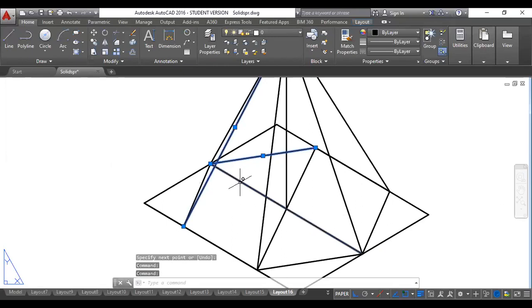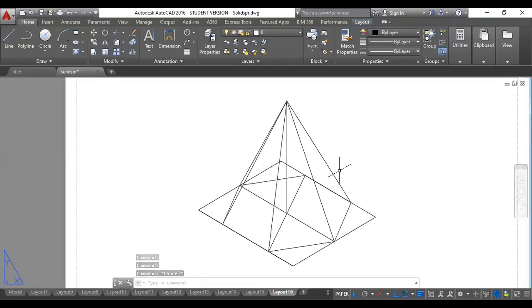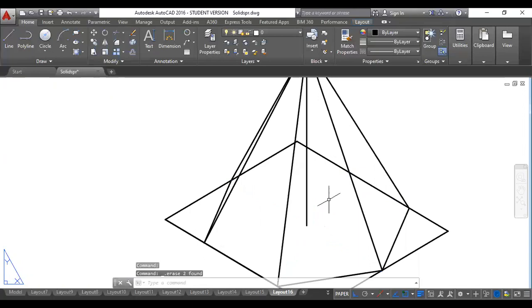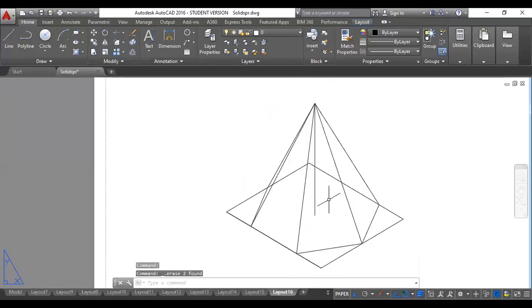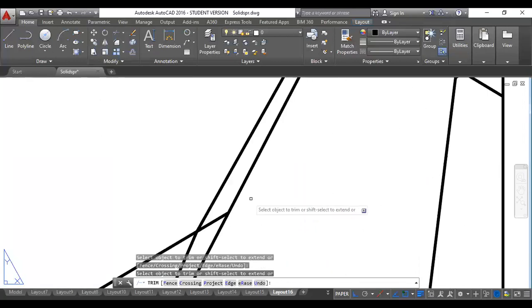Whichever are not visible to you, you can easily erase them. For example, these edges of the hexagonal prism won't be visible, so I can delete them. So the construction lines, and the remaining lines also you can trim whichever is not visible to the observer.